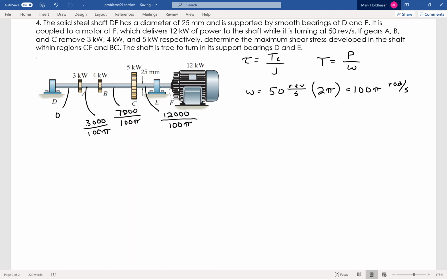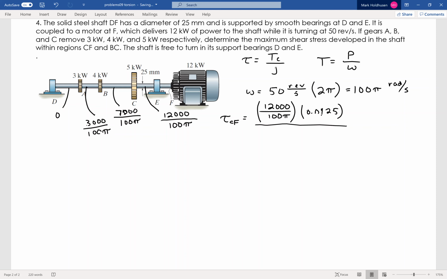Now that I've got the torque in each segment, I can find the maximum stress in each segment just using TC over J. So to find the stress in CF, it's just going to be the torque through CF, which again is 12,000 divided by 100 pi, times C. Now again, this is 25 millimeter diameter. I need the radius because it's the maximum distance from the center that I can get. So that's going to be 0.0125